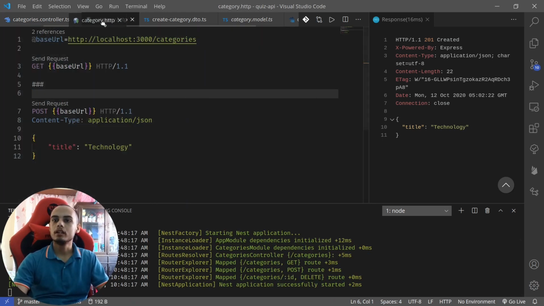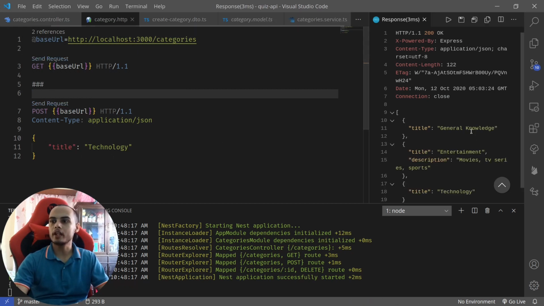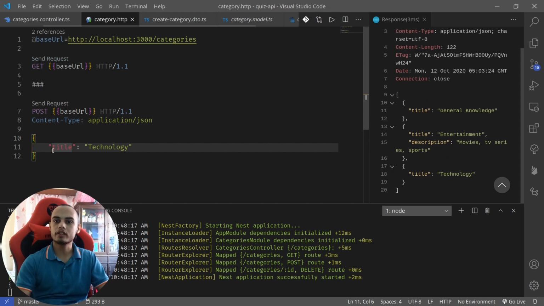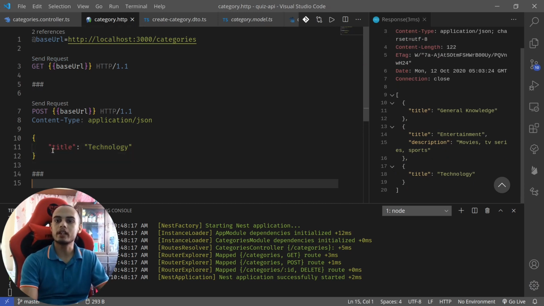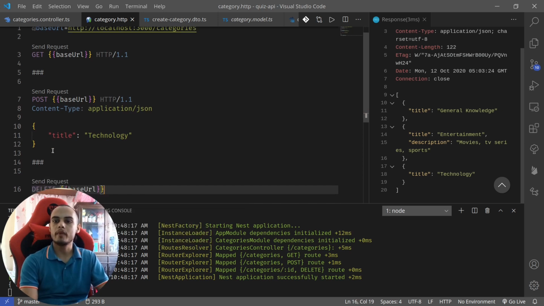Now let us first send a request. We have added a new category. If we get, we have 3 categories. Now let us create our delete request. Again 3 hash, separate the request, and for delete, base URL, http 1.1,